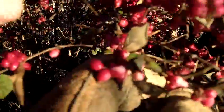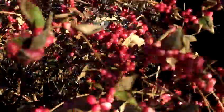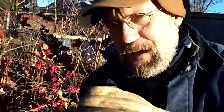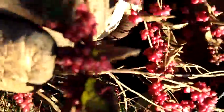And now that we've had some freezes, this plant's going to drop all of its leaf, and it'll just be hanging full here. The habit of this thing is just to hang full with these berries up through January and even into February. If we get temperatures that are down into the teens, and we've had some of that, then it shortens the life on these berries. They begin to shrivel, and they'll end up getting dark looking,